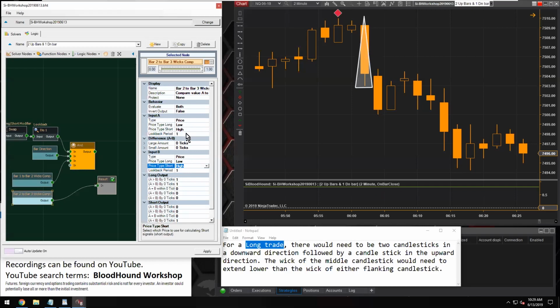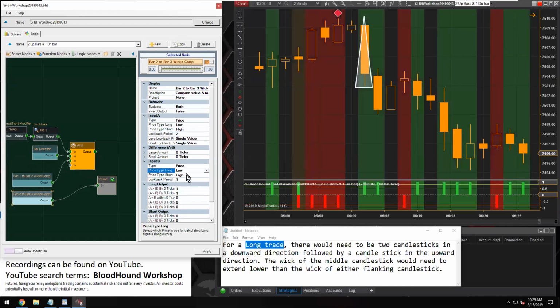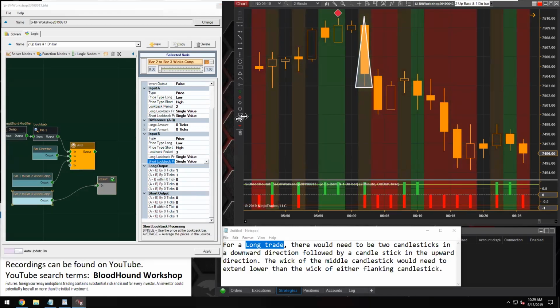Now we know that we want to look back 2 bars for input A, and for input B, we want to look back 3 bars. And this time, let me grab an arrow. There we go. This time we want bar 2 to have the high wick be greater